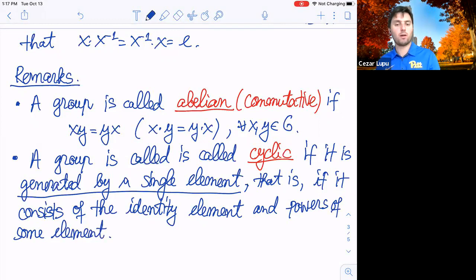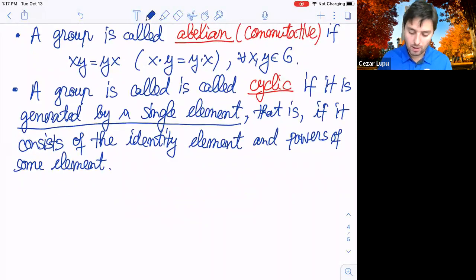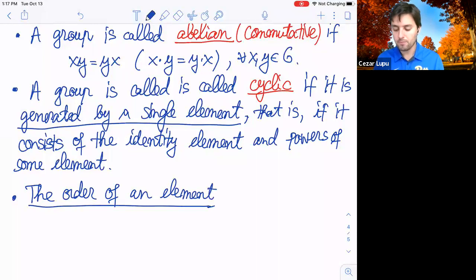Right? That's what we call a cyclic group. And now another thing that I would like to say, the order of an element in a group, this will be important because we will talk about what happens to the order of an element in a group. So the order of an element, let's say G, we'll take the small g, and this will be